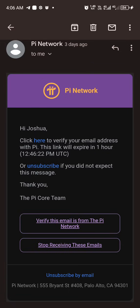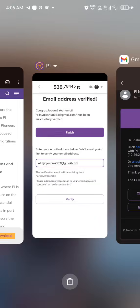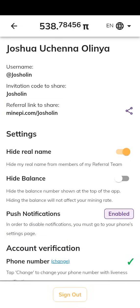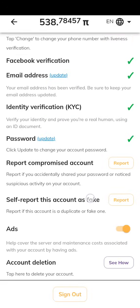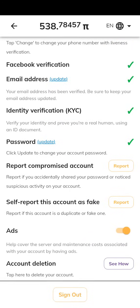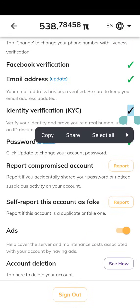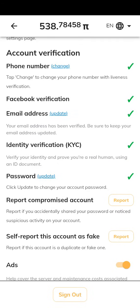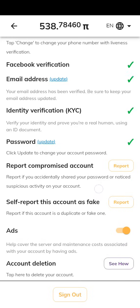So if you have done that, if you verified this, it will show here as email address verified. Once you have verified this, it will be showing like this. It will mark here, and also, sorry, this is for identity. You will see it marked, email address marked, and this one marked. So once it's marked, the next thing you're expected to do is to come here,